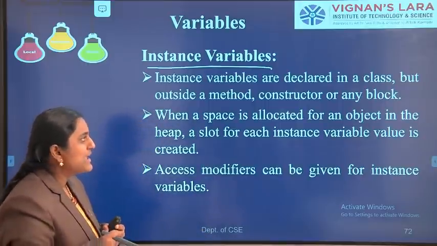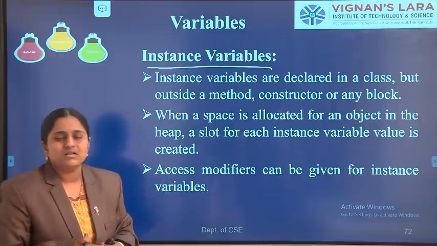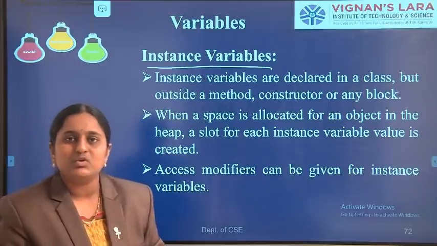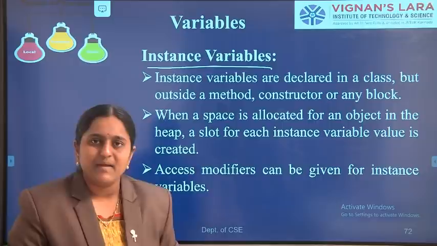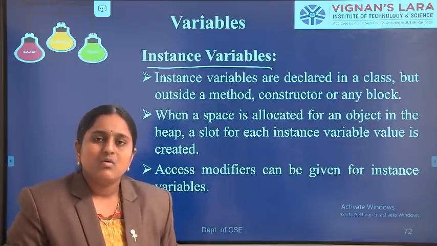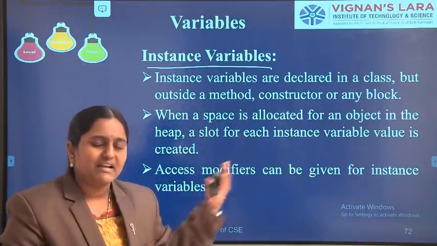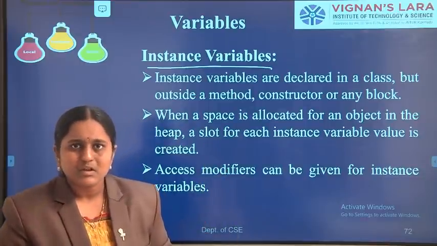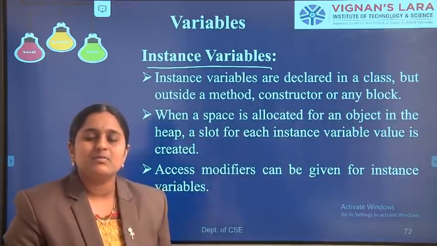When space is allocated for an object, it is in the heap. In Java, only the main method of a program is loaded into the memory. Whenever we write public static void main, the statements onwards are loaded into the memory. Apart from that, anything contained in the form of bytecode could not be loaded into the memory. So how can we access instance variables in the memory?